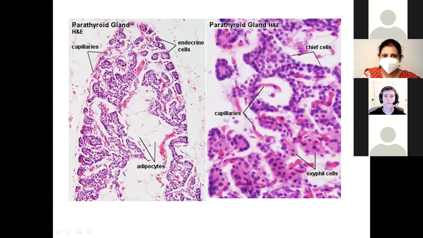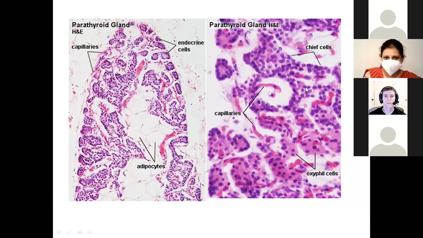And the purple stained area, the purple dots which you can see, belong to the endocrine cells, mostly the oxyphil and the chief cells, which are present throughout the gland. And these light stained areas with only a thin layer of cytoplasm, which you can see over here, are the adipocytes, which are segmental in shape. These are also embedded throughout the gland in the parathyroid gland.